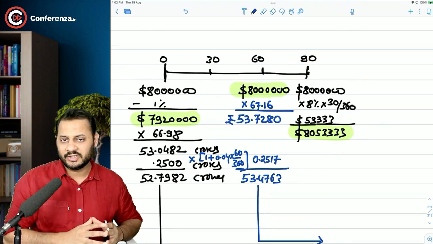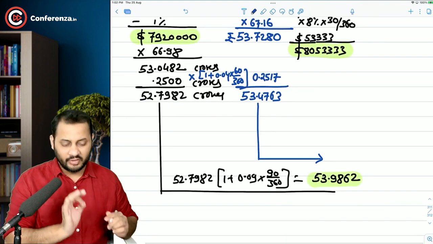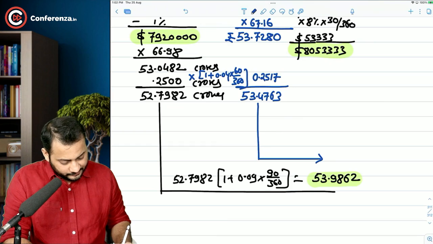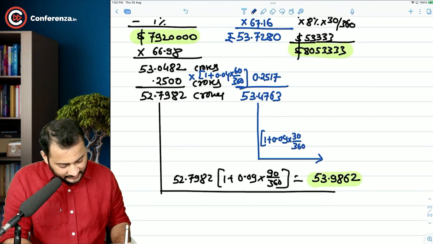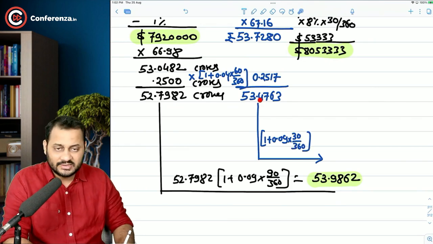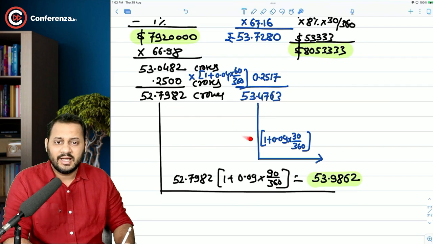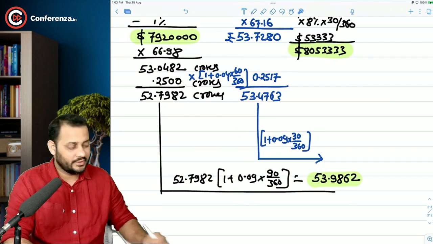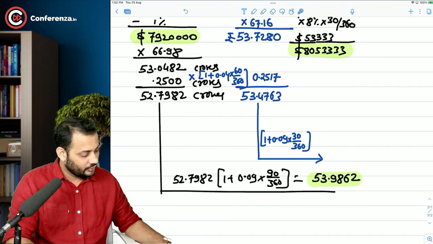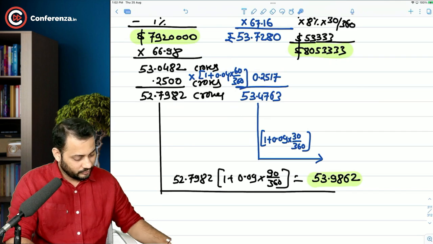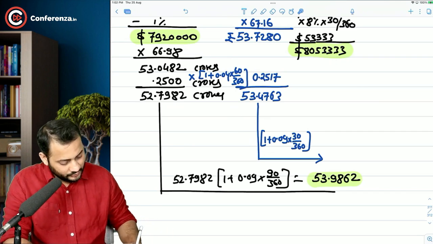Now you are going to borrow this amount for a period of 1 month only, because we have to take the cash outflow at the end of 90 days. So there is only 1 month. 1 month means 1 plus 0.09 into 30 by 360. You are going to multiply this amount because you are borrowing this, and the interest will be calculated like this. At the end of the 90 days, you will be paying 0.09 into 30 by 360 plus 1 into the amount of borrowing. That comes to